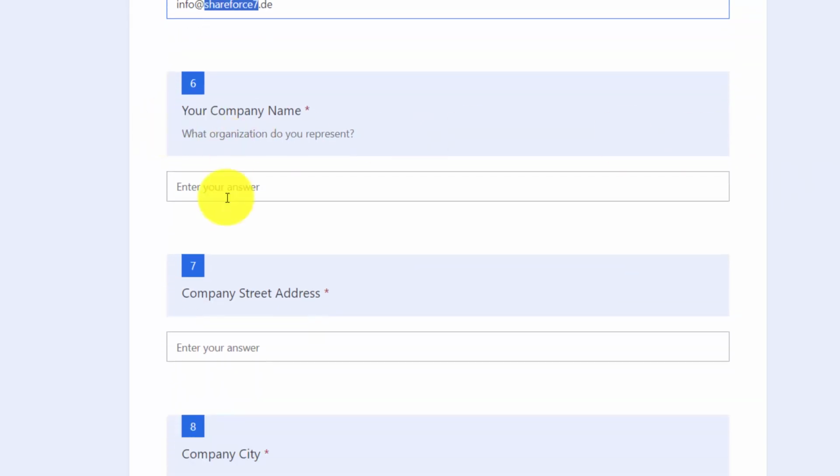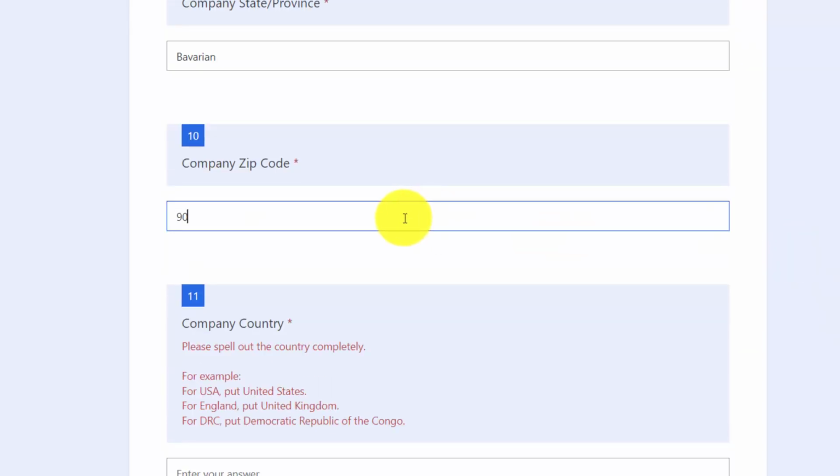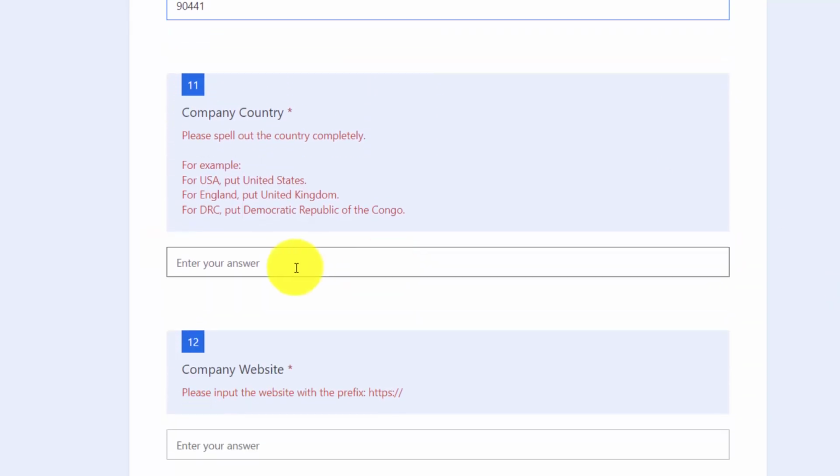The next thing is your company name, in my case ShareForce7, and the company address, in my case Tannenweg 21. Then you type the city name, I can say Nuremberg, and the province, in my case Bavaria, and the zip code, in this case I will say 9441, and the country, in my case Germany, and the website in my case will be